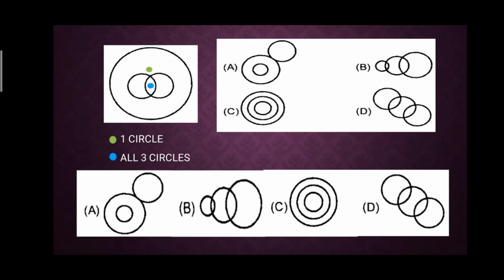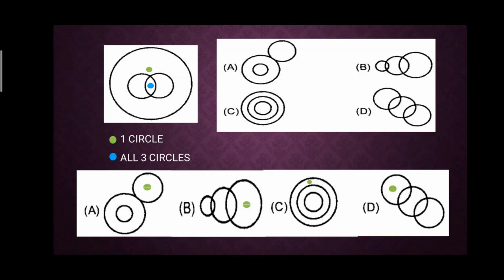In all these options you will be able to find the first one, the single circle, very easily. As you can see in option A, I am only marking a possibility. A lot of options are there, but I am trying to tell you that a single circle is possible in all the four options: in option A, in option B, in option C, and in option D. Therefore no conclusion can be drawn because of the green dot.